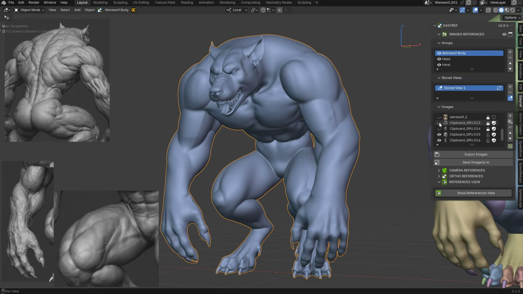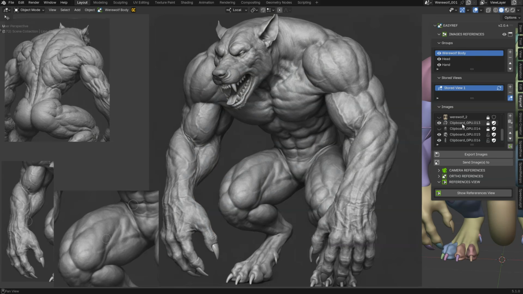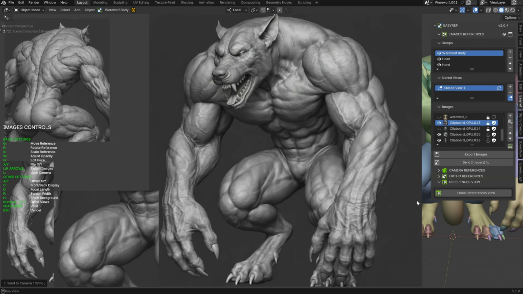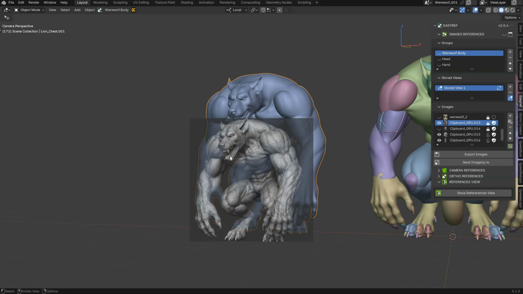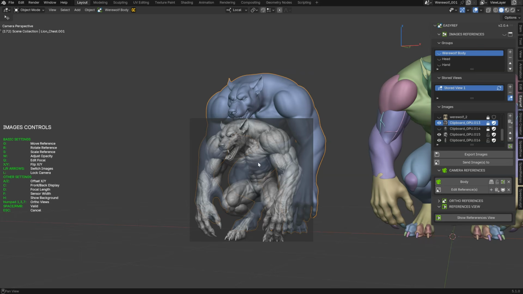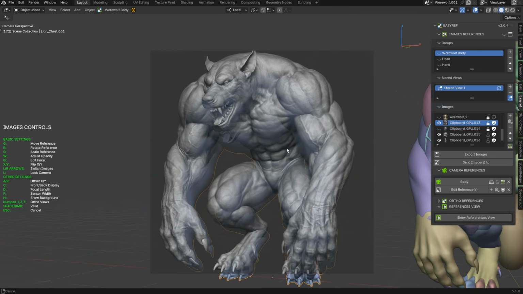I can also, just to show you, up, in fact I will show it, I will select it, and I will send it to a camera. So let's name it body, up, and I will click on OK. So now I have this reference, but let's exit, I need to hide this, up. As you can see, I'm in my camera now. So let's edit my reference. Let's scale it up. Let's move this one.